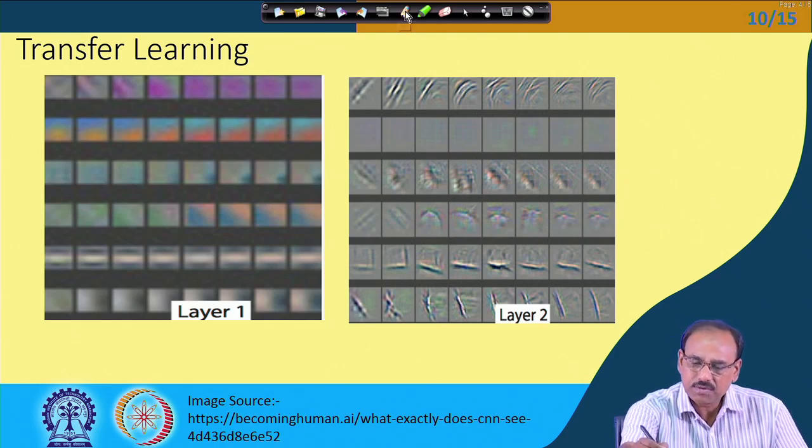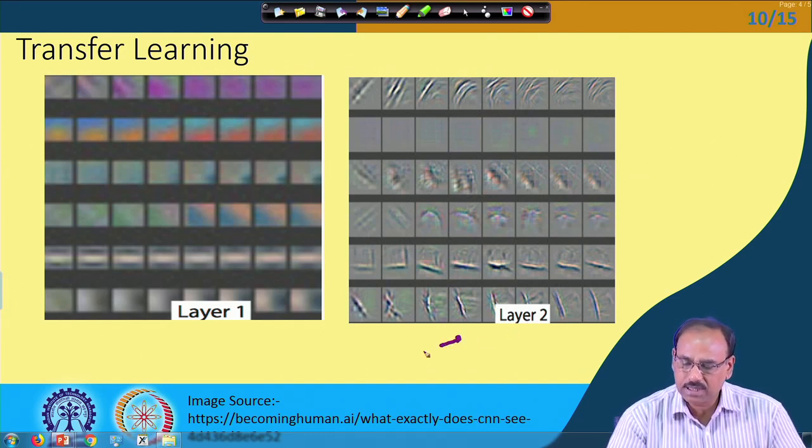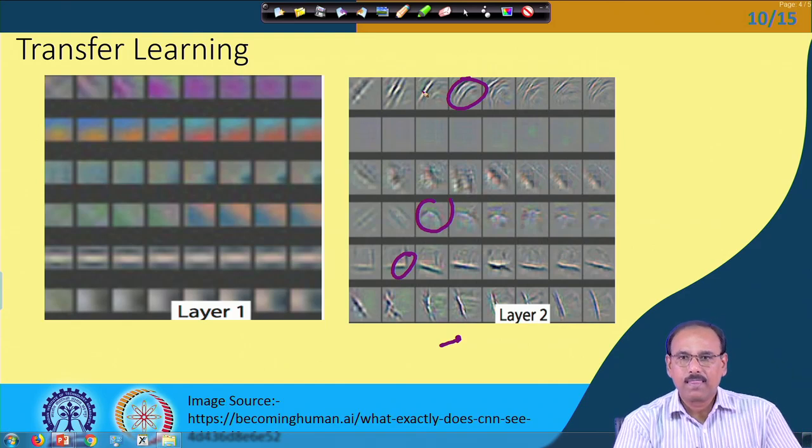So, as shown in this figure, the features which are learnt in the second layer consist of, say, corners like this, and different curves here, here and so on. So, in the first convolution layer, the network learns mostly the edges: the vertical edges, horizontal edges, diagonal edges and so on. In the second layer, the network learns mostly the corners or compositions of these edges, which are corners,